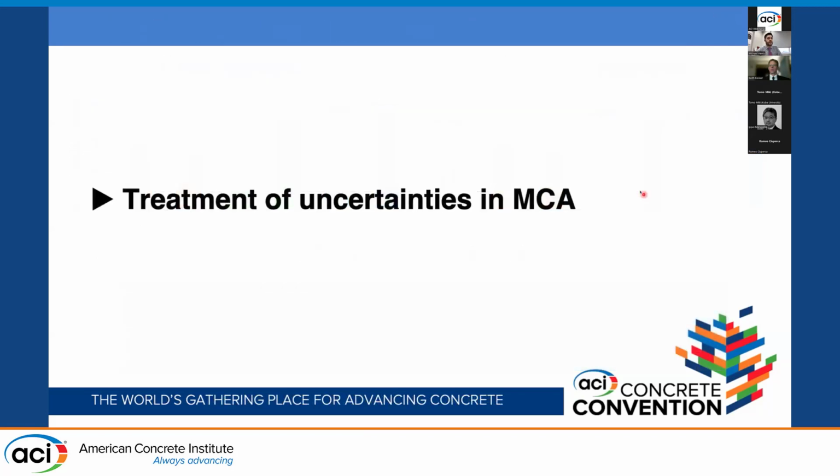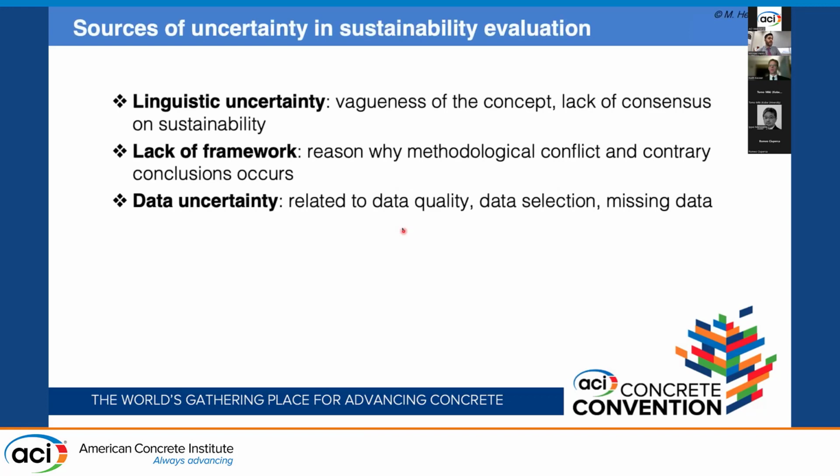So this leads into my next topic, which I just want to end my presentation with: the decisions that we make introduce methodological uncertainty into the sustainability evaluation. This means that the output of our sustainability evaluation is subjective to our decisions as the analyst as to what method we choose to calculate it. And since we don't have any standard approach, the analysts can choose any method they want. But there is a way that we can manage these uncertainties.